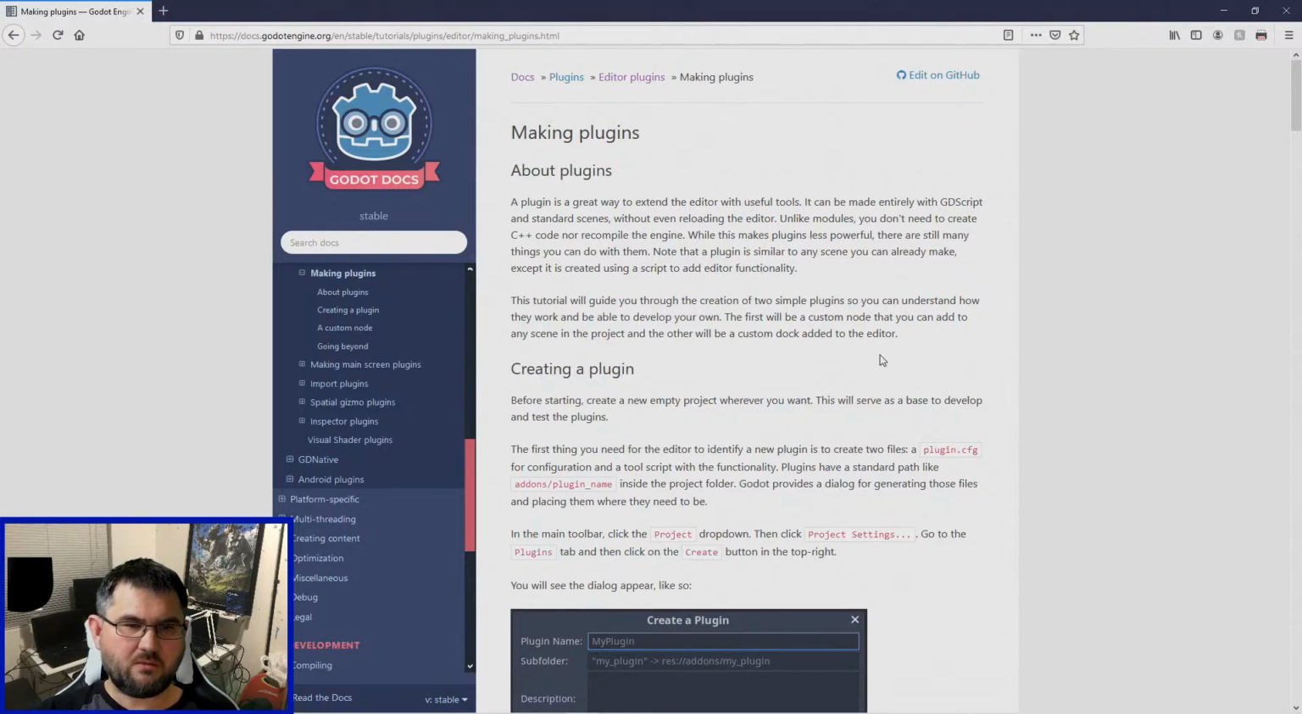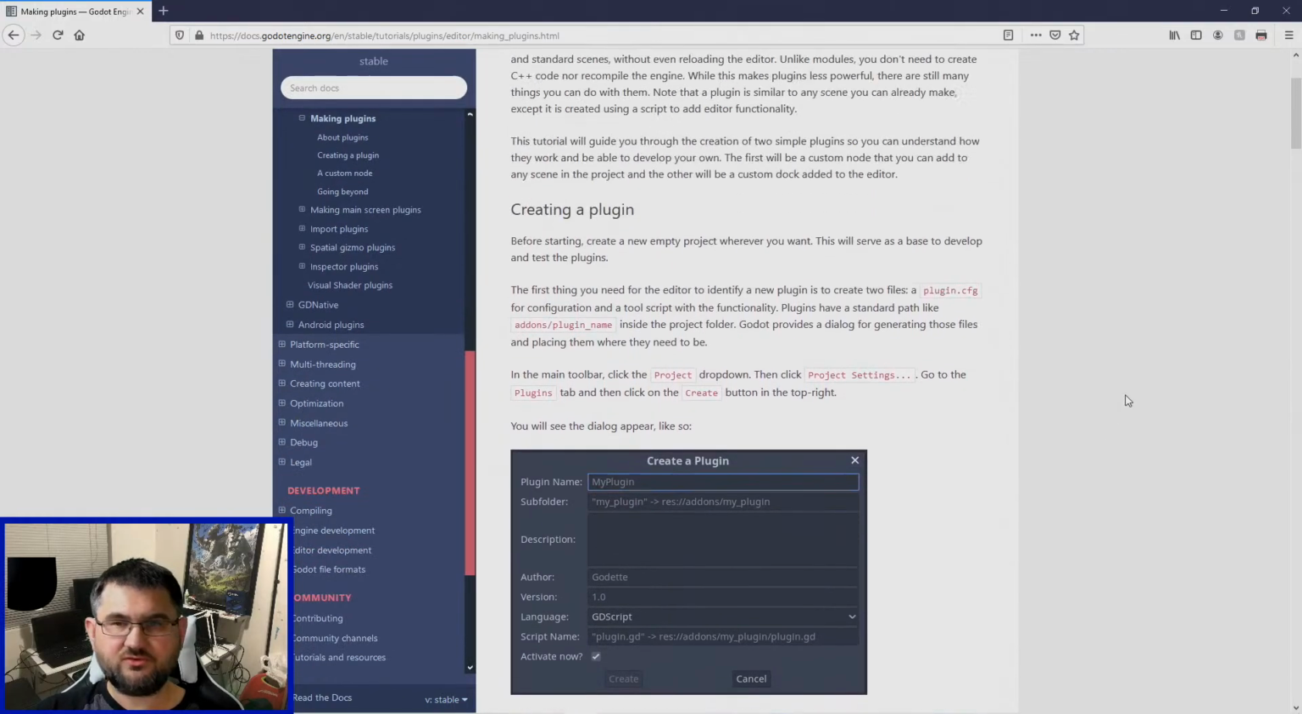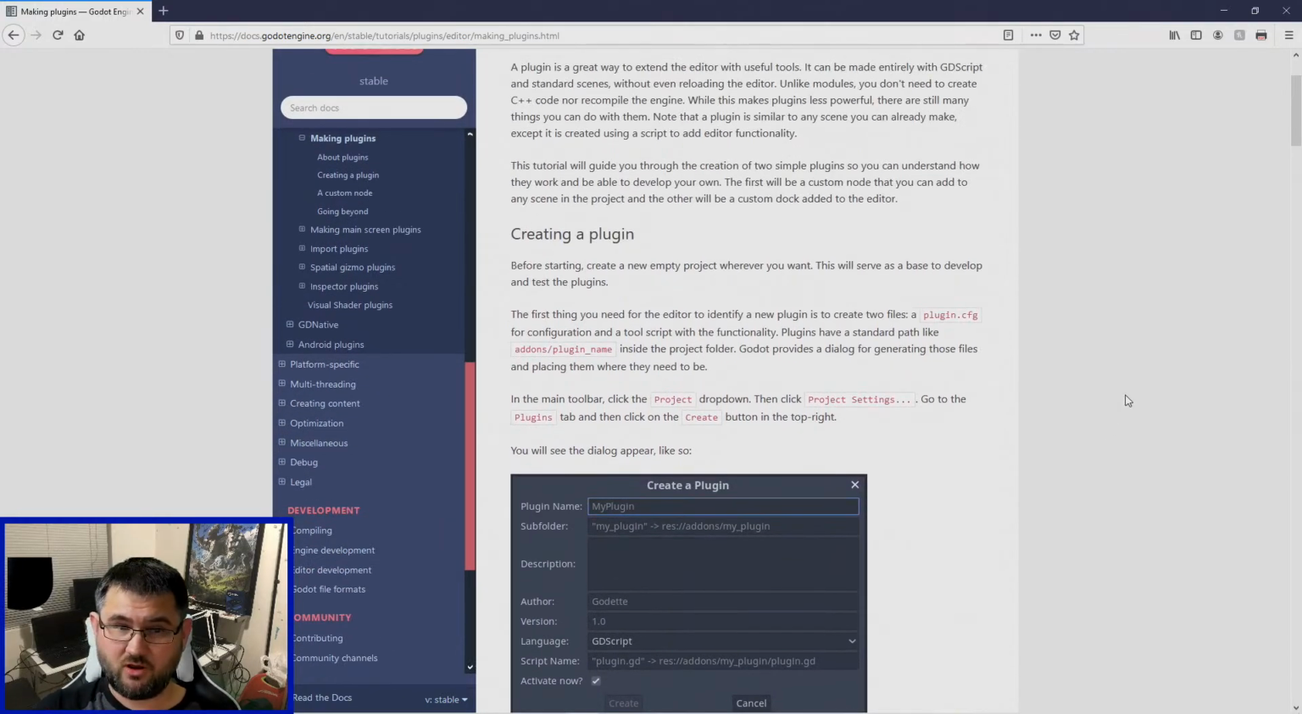So I already pulled up the help pages on the editor plugins. So we'll be browsing through this. The first bit, we're actually going to follow this part of the tutorial, simply because it makes sense to run through that. So we don't have an empty project. We are going to actually create this in a normal project. First, I create an empty. First thing you need is the editor, and then find a new plugin. Create 2 files. Plugin for configuration, and